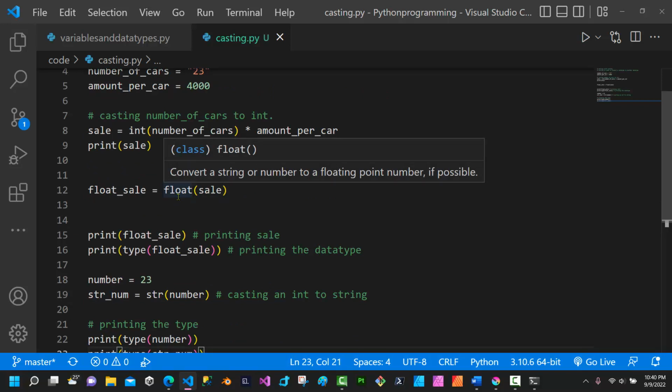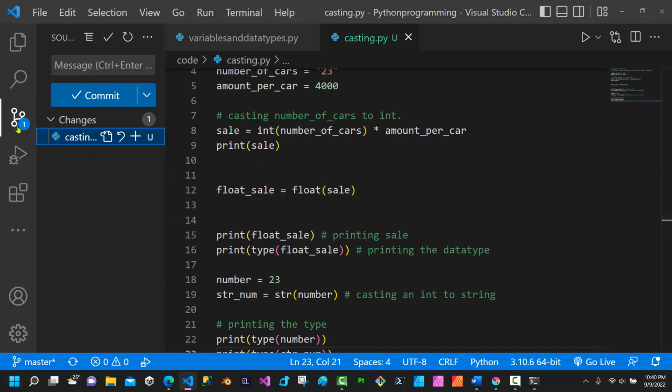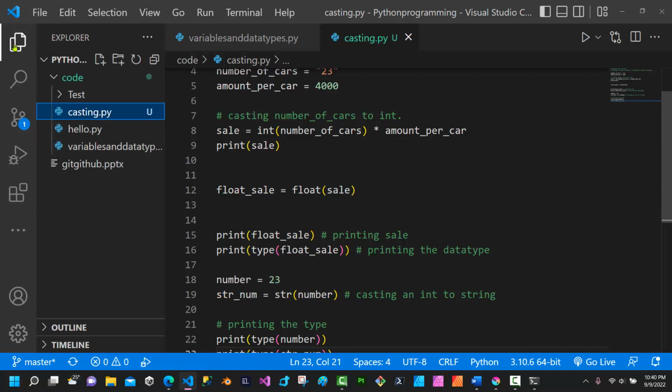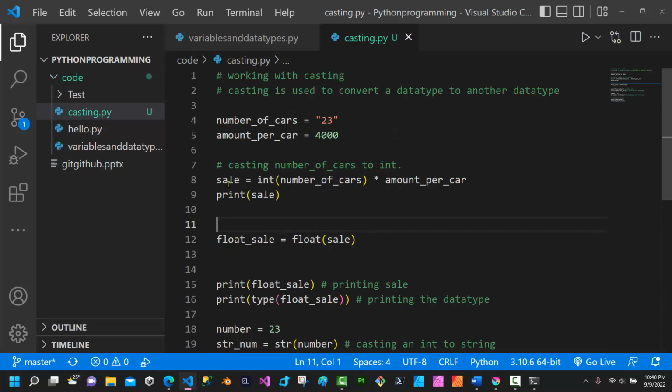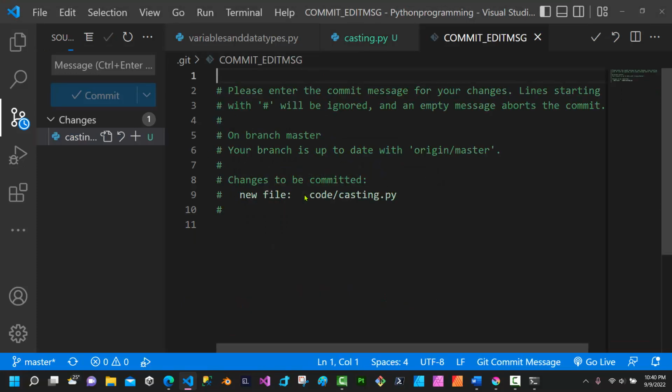Now you notice something funny happening to my Visual Studio Code. If we actually look at the right here and I click on source control, I'm actually having this project on Git, which is a version control software. So basically what it's doing is it's recording the changes each time I create a new file and I make changes to that file. It's going to tell me that it knows I'm making changes and I need to actually commit those changes. So here I'm going to just click this and I'm going to write a comment and just say